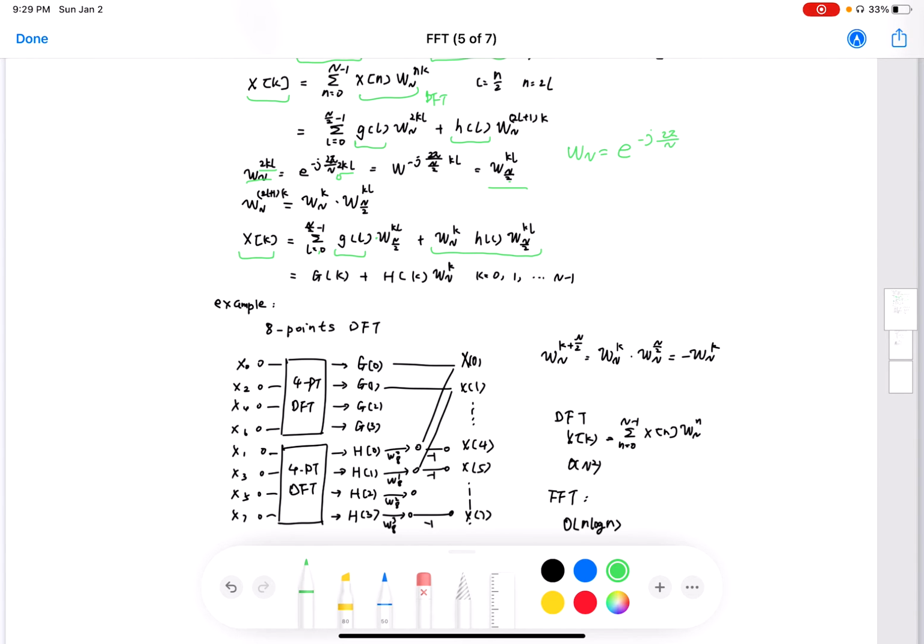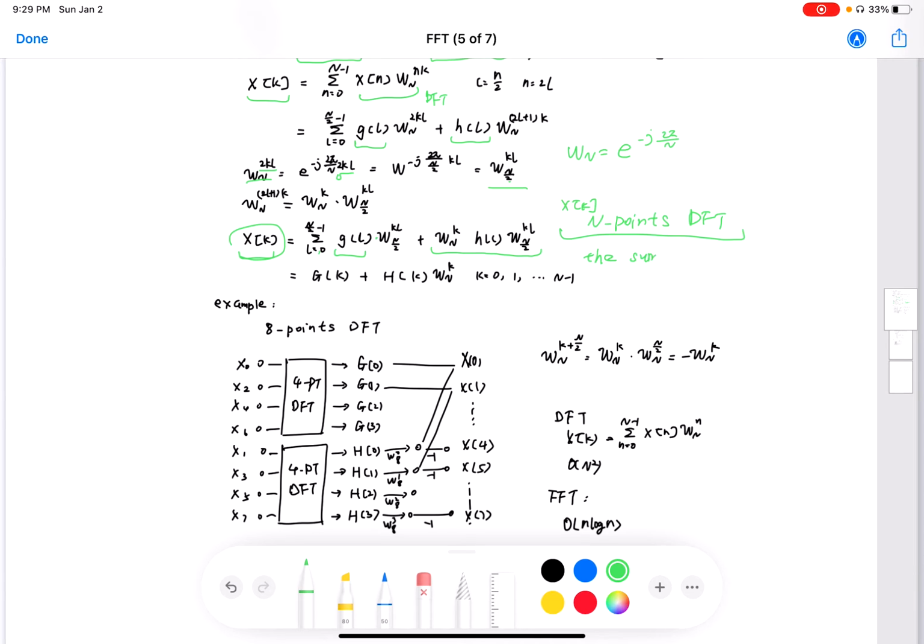In this way, X[k] here is an N point DFT, and actually we write the N point DFT as the sum